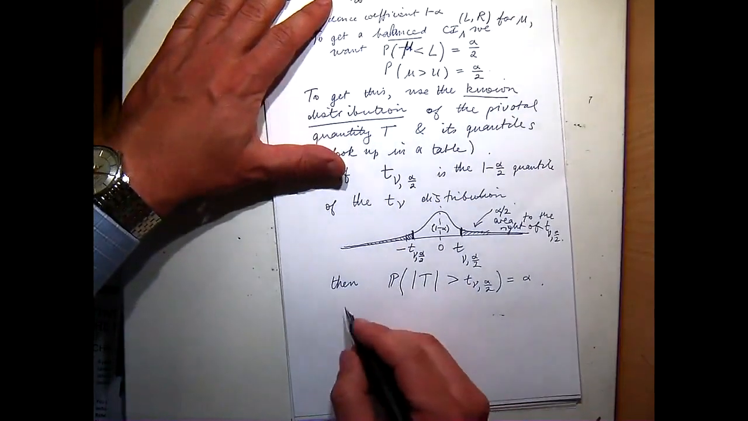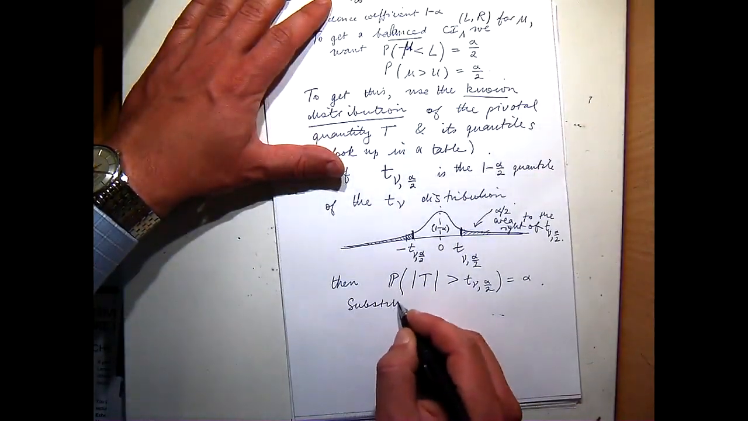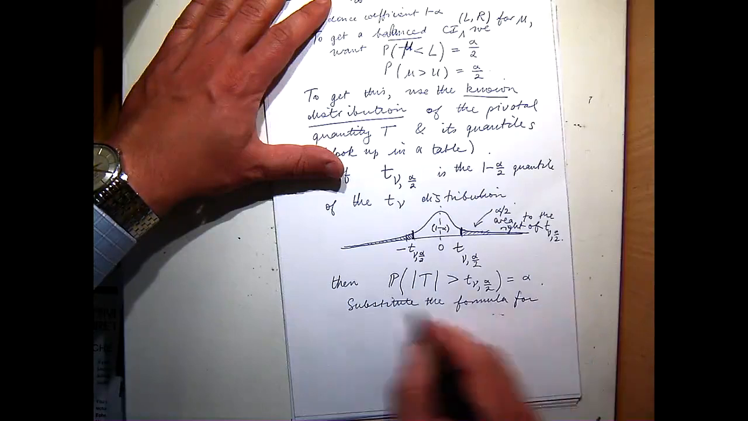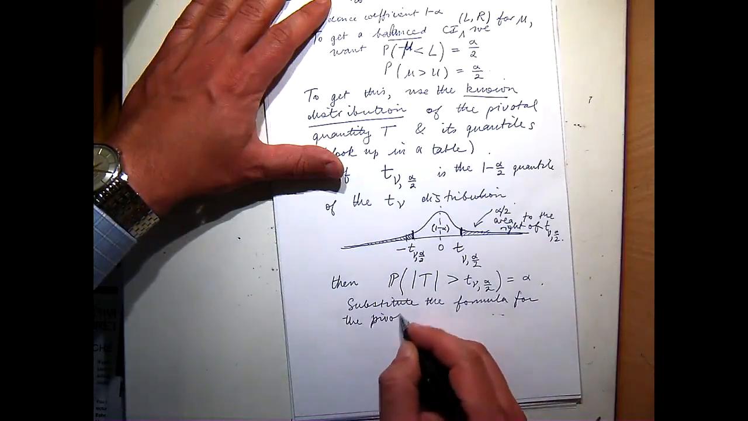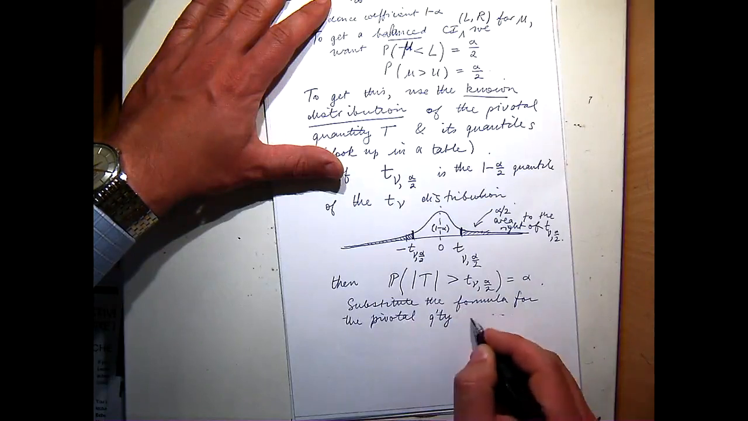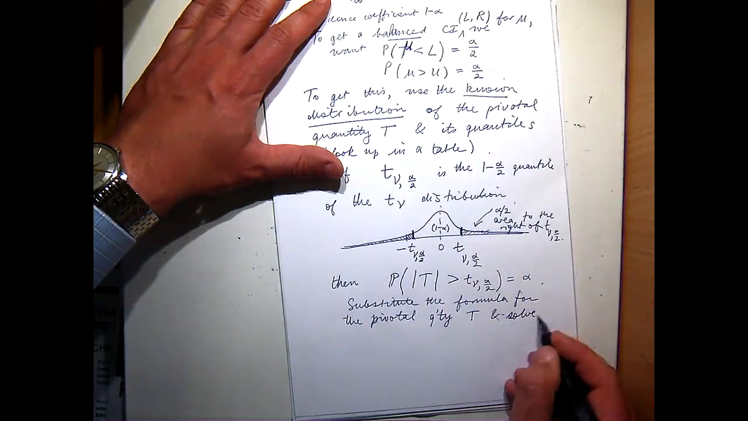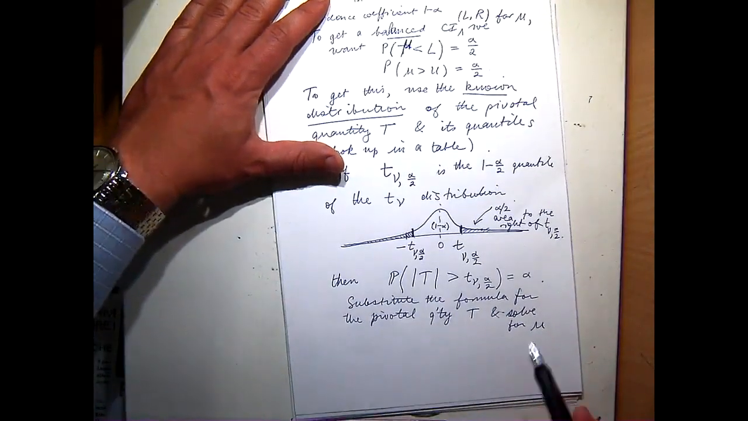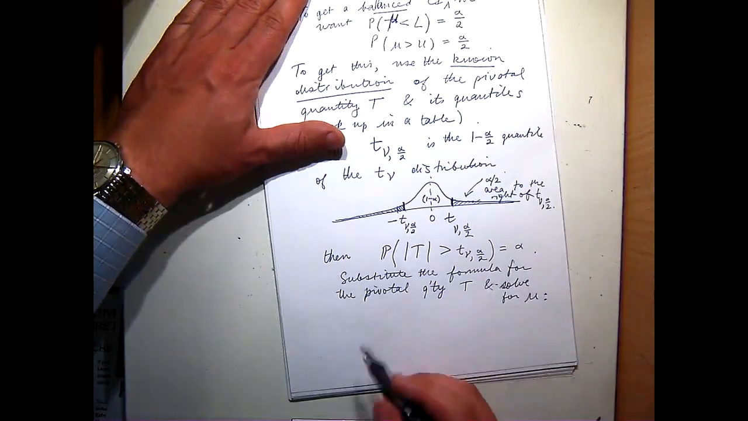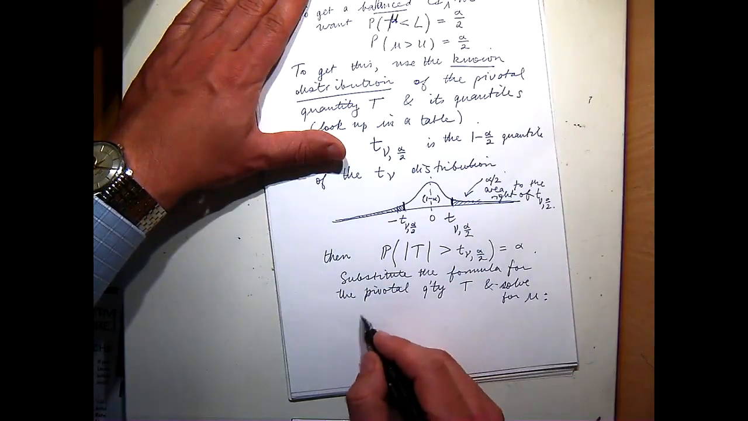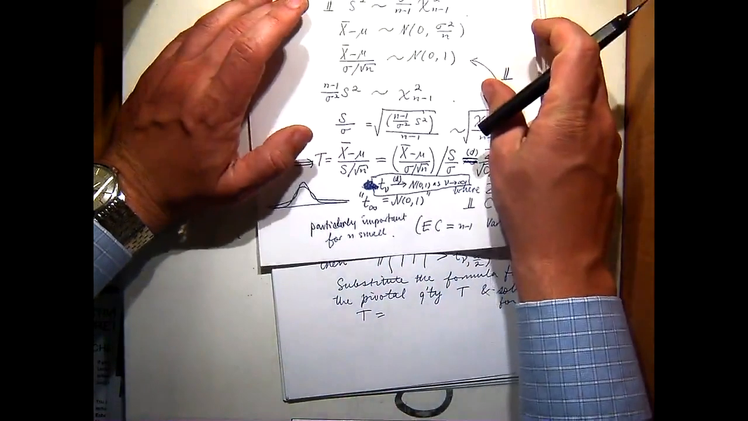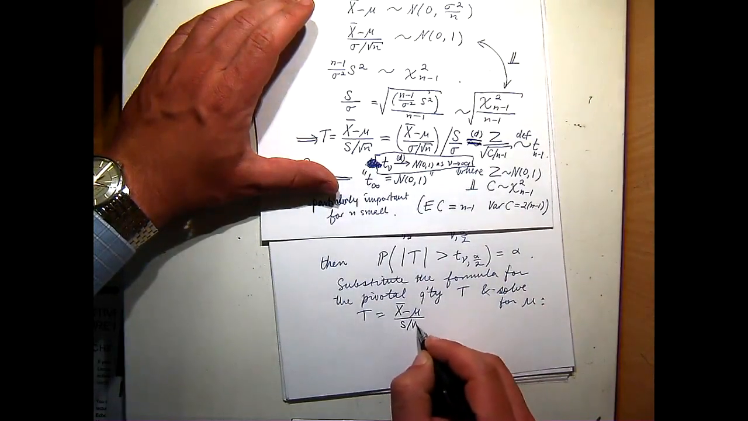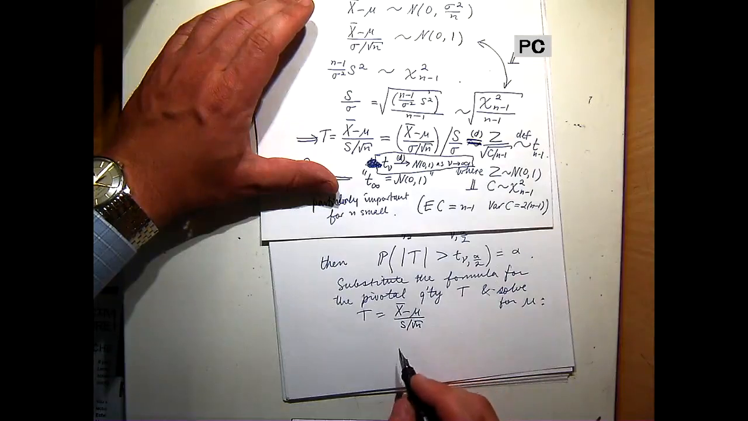So go through, substitute the formula for the pivotal quantity t, and solve for μ. Now, this is not going to be solving an equation, this is going to be solving an inequality, so you just be a little bit careful when you're doing that. And how do we do that? If we recall what we were talking about a moment ago, t is x bar minus μ divided by s over root n. I substitute that in,